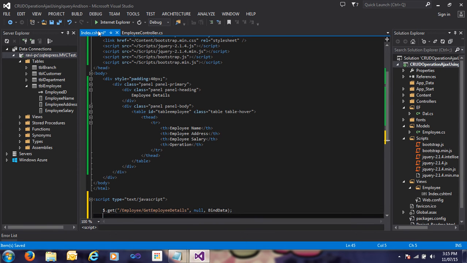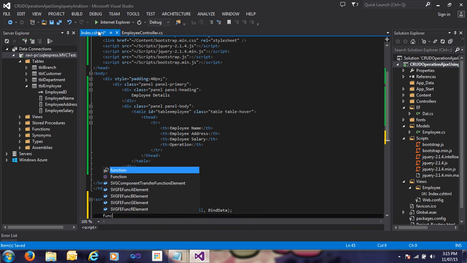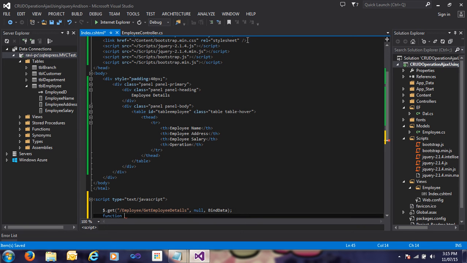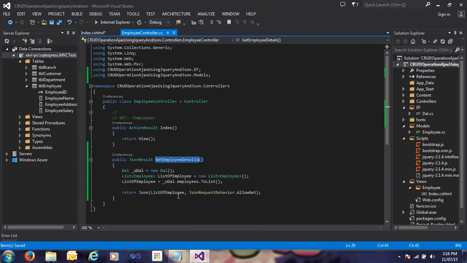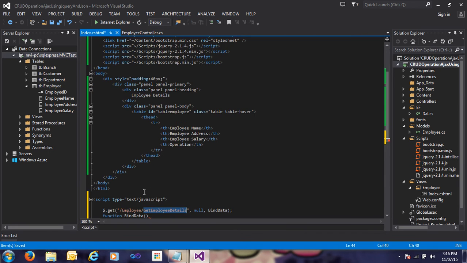Okay, so I'm creating a function here, the name of bindData, and when we call the GetEmployeeDetails action, that time it returns an employee collection in a JSON format,